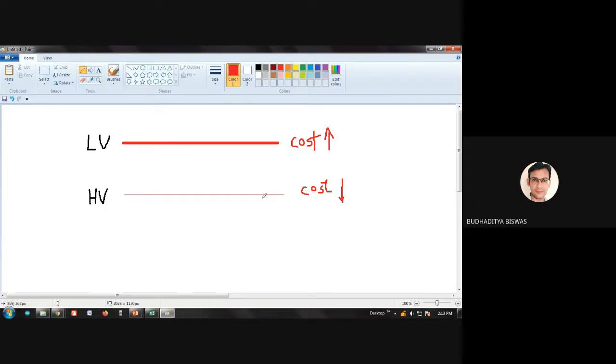Now, sir, everybody, in the low voltage wire the resistance will also be more, why will it be more? Thick wire has a larger cross section. Resistance depends upon what? Rho into L by A. So rho is the same for both, because the same type of material is used to construct them. L is fixed, area is high, so the resistance will be less. Inversely proportional to area. So that means resistance is less here.